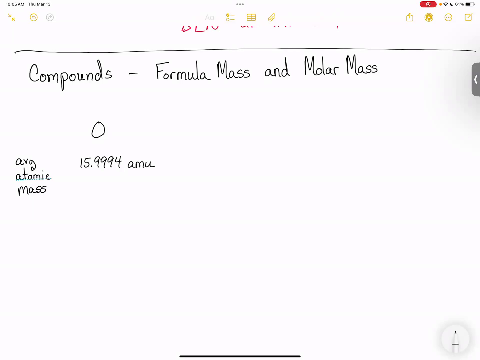Now, we cannot measure atomic mass units. We can't measure atomic mass units because this is for one atom, and we can't physically manipulate one atom at a time. It's only been in the last 20 years that we've been able to see a single atom, and that takes an instrument that is extremely high powered to even be able to see it. We don't have a tool that can manipulate one atom at a time.